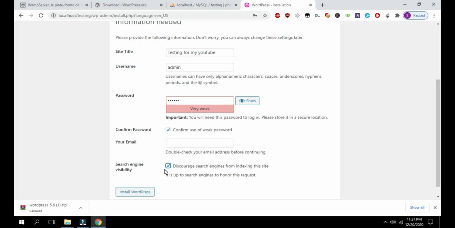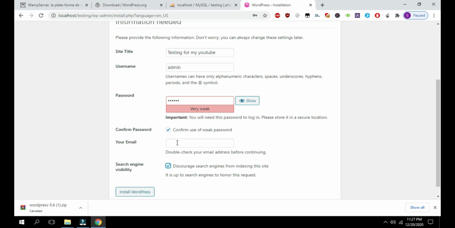I click on discourage search engines from indexing this site, because I don't want search engines to discover this website. But if you are planning to launch this site on the internet after you create it successfully on the local machine, then you should not check this button.